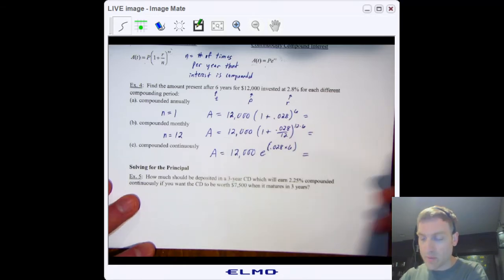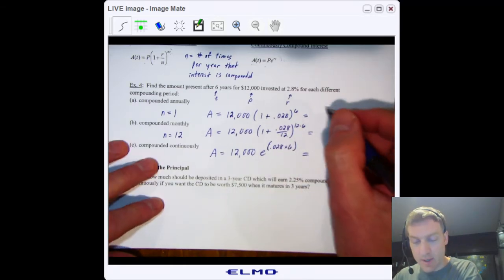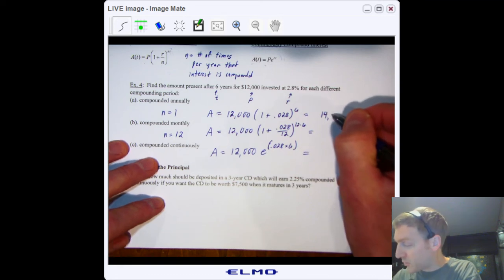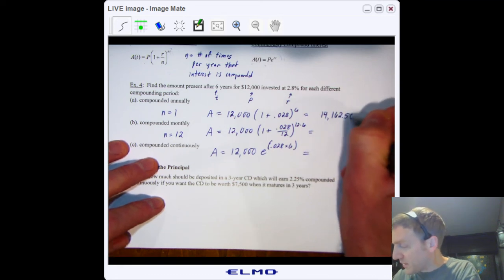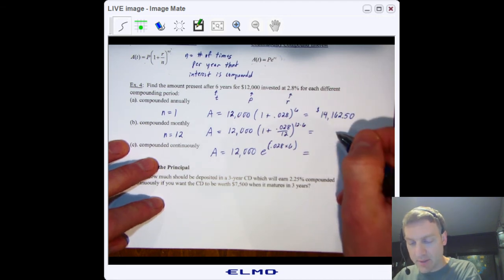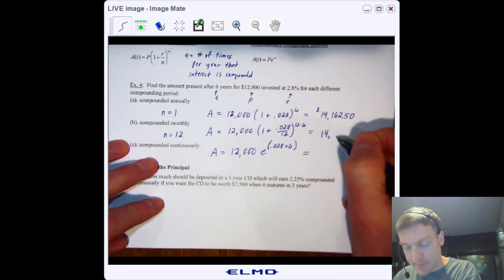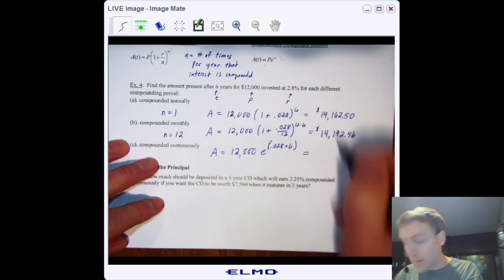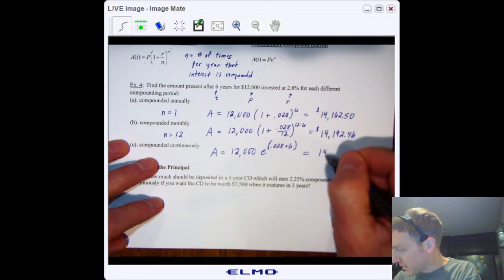Okay, and when you're back, let's see the answers. Compounded annually, the value is $14,162.50. Since this is money, we're going to round to the nearest cent. Compounded monthly is going to be $14,192.46, and compounded continuously is